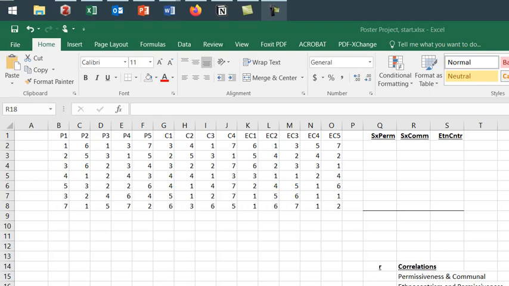All right, welcome to the research poster project. At this point, I'm going to walk you through the modifications you need to make to the starting Excel spreadsheet. All this should be pretty familiar to you by now, so I'm going to go a little bit quicker than I have in the past. But first of all, I think it helps just to do some formatting so it's easier to read the